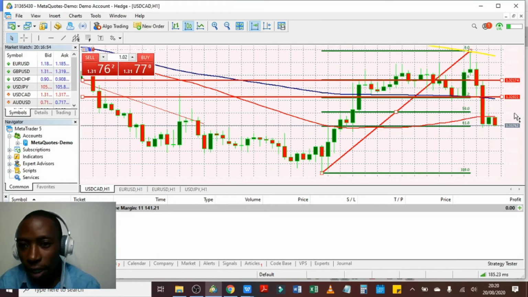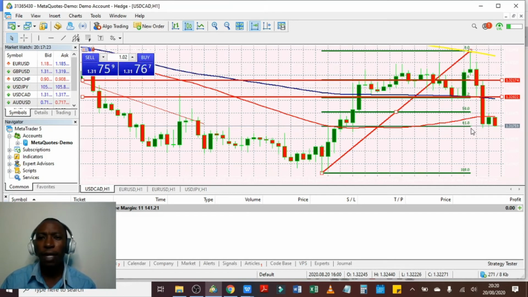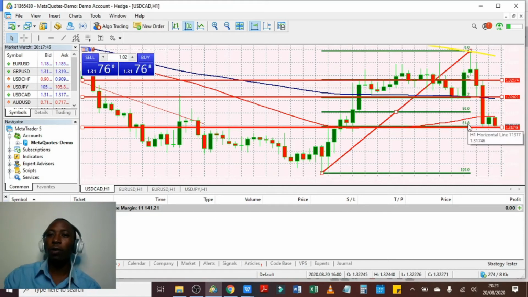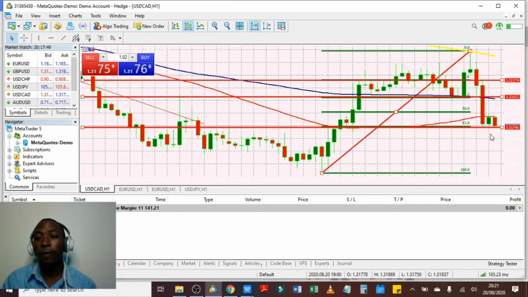And as you can see, it broke the 50.0 level all the way to the 61.8 level, a very important level. Let me draw another horizontal line at that level. As you can see, at 61.8, this level is acting like a point of resistance. It's like the price can't go any lower than 61.8. And it is kind of consolidating, or non-trending for that matter.